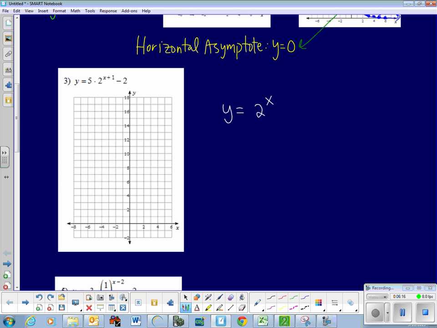I have a stretch times 5. Original points are going to be 5 times higher than they were before. All right, a 5 times stretch. I have x plus 1. That is a change that has happened to x. So that's a horizontal